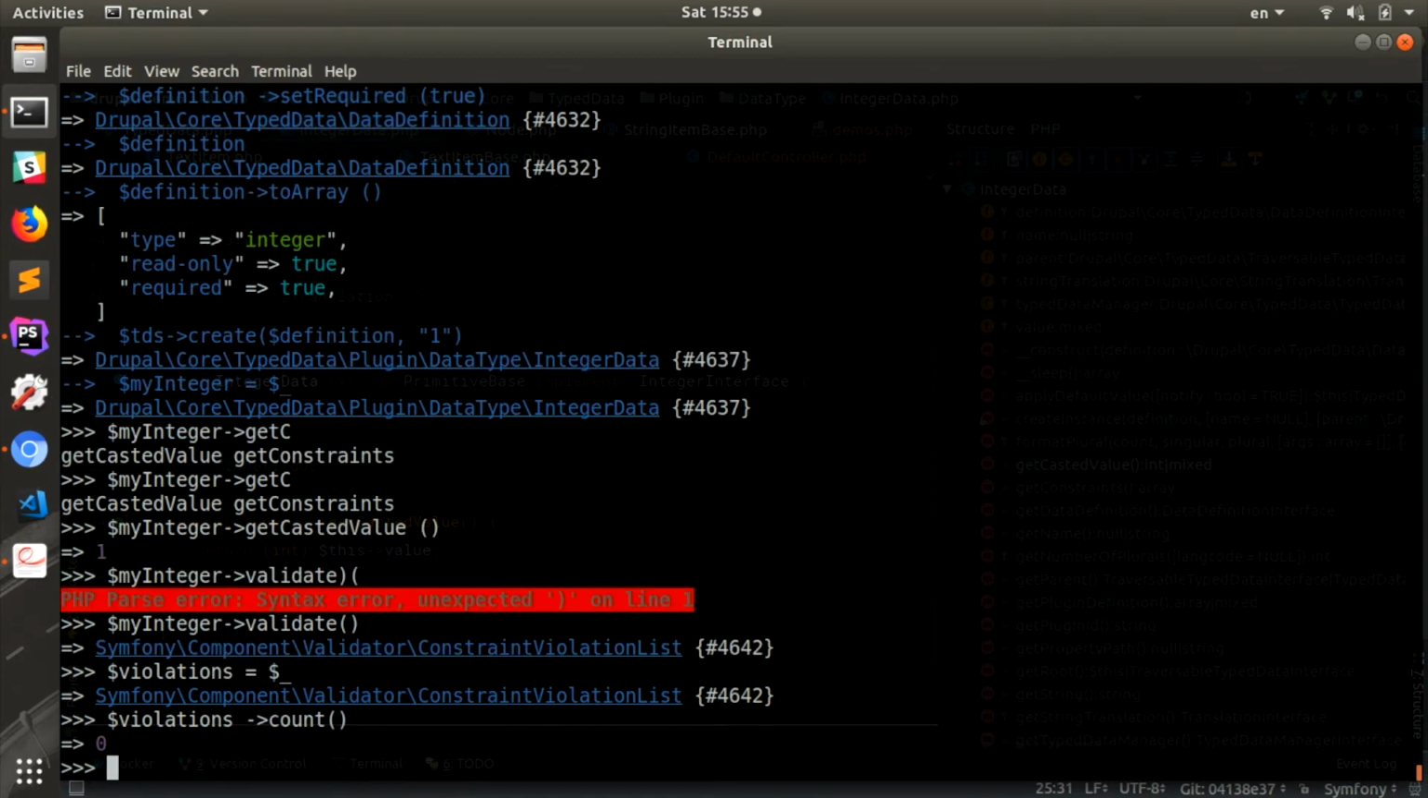Did I have any validation? Zero. Okay, so my object is good. But would I have any violation if I had no constraints on my data? Well, there's one way to find out. From my type data,